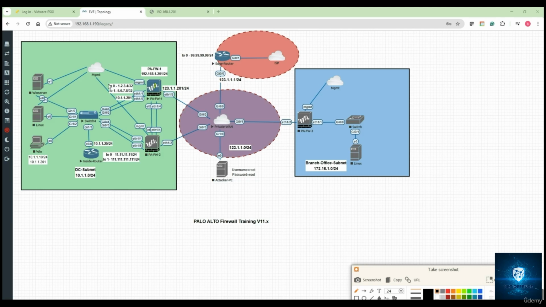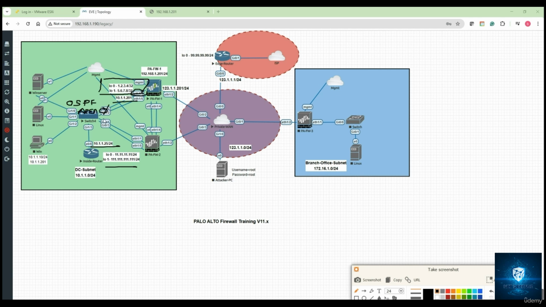You can see the Palo Alto Firewall will have a couple of loopback interfaces. It is running on Ethernet 1/1 on this inside IP address, connected over this LAN switch to this inside router having 10.1.1.25 IP and these two loopbacks. So I want Palo Alto PFW1 to run OSPF within that inside area, and let's say this should run in